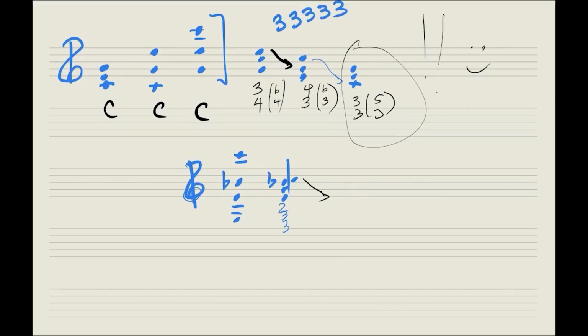Just anal enough that I want all my notes to be in blue today. So we can do something like this, and voila, we have, what do we have? Third, third, third, and we're all happy. And so the root is C again. But